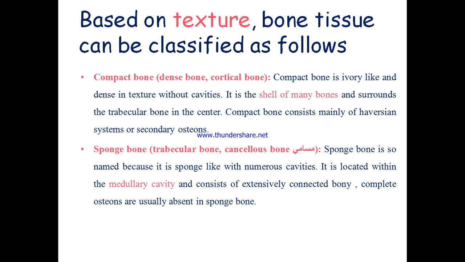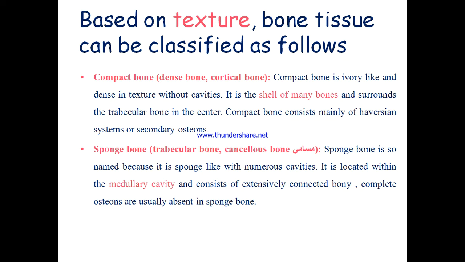Compact bone or dense or cortical bone is ivory-like and dense in texture without cavities. It is the shell of many bones and surrounds the trabecular bone in the center. Compact bone consists mainly of Haversian system or secondary osteon,